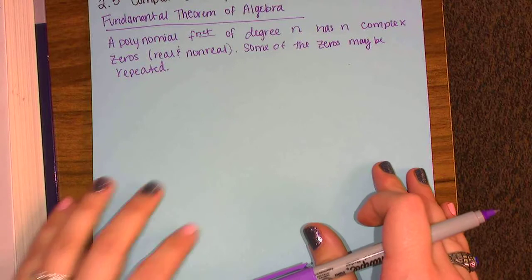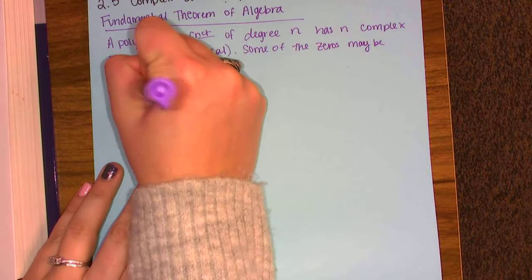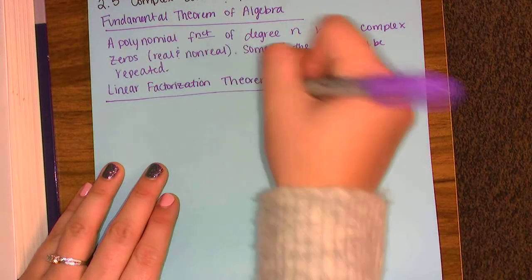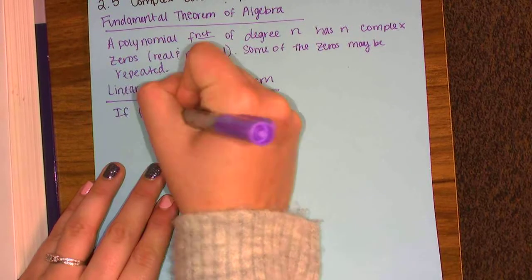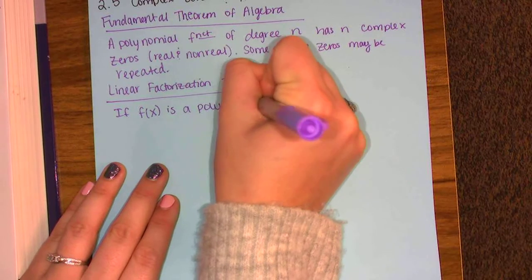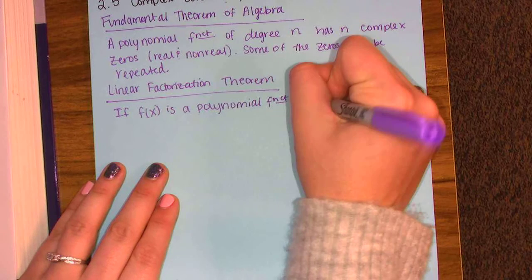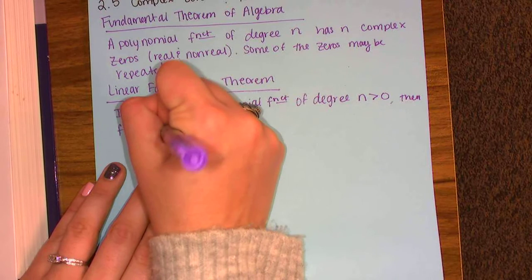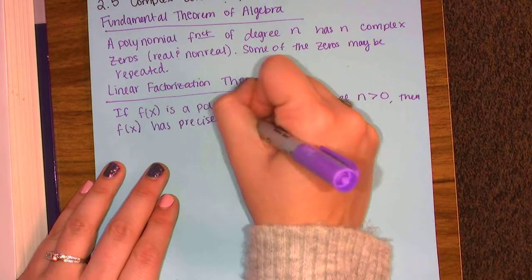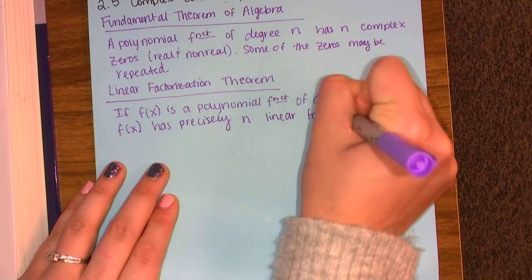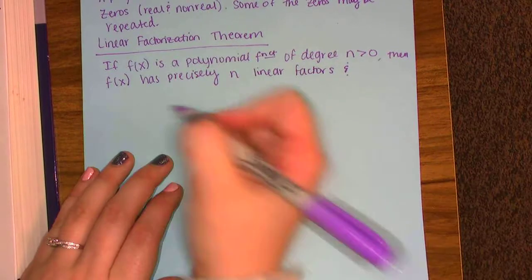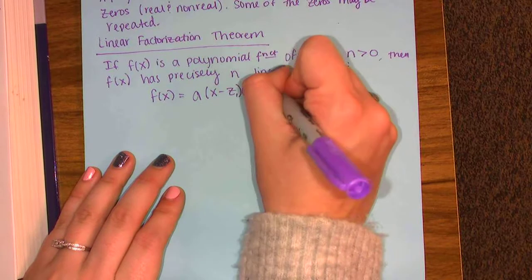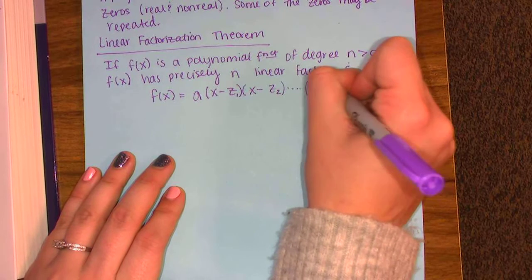So we also have another theorem, the linear factorization theorem. So this is: if f of x is a polynomial function of degree n greater than 0, then f of x has precisely n linear factors, and f of x is equal to a times (x minus z1) times (x minus z2) times dot dot dot times (x minus zn),